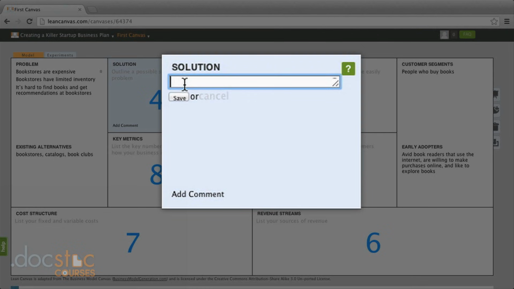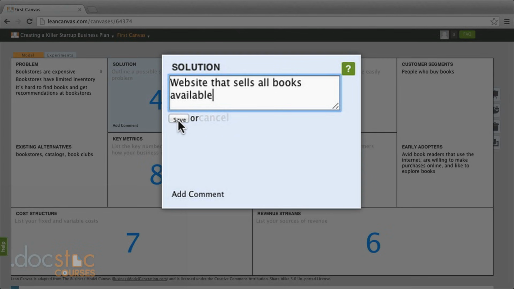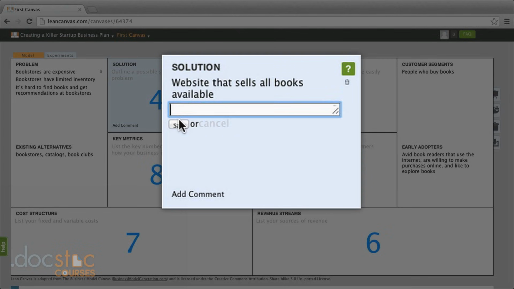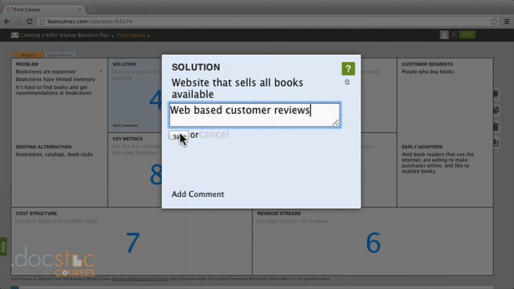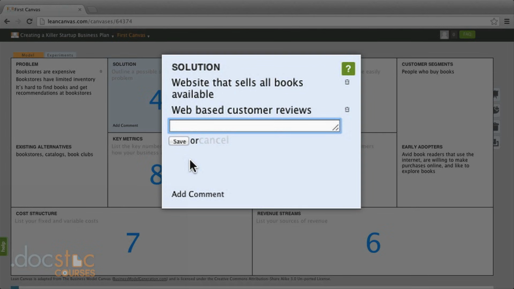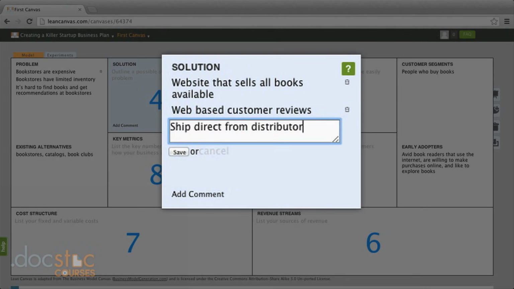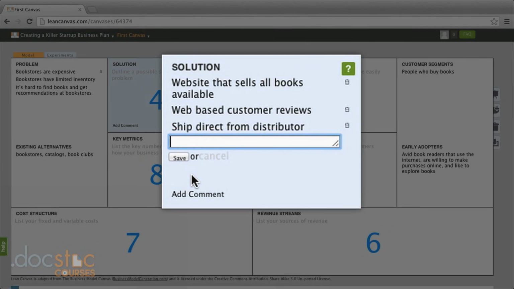In this case, for Amazon back then, it's a website that sells all books available. That at its core is what Amazon is. Second, it was a website that allowed web-based customer reviews. So it became a way to identify new types of literature to read, new books, and hear other people's comments around people that have actually purchased it, not just critics. Third, part of the solution was to ship direct from distributor. This meant I didn't have to carry large inventories, I didn't have to worry about all the logistics. If I shipped directly from distributor, I was able to basically sell any book that is available from any distributor and